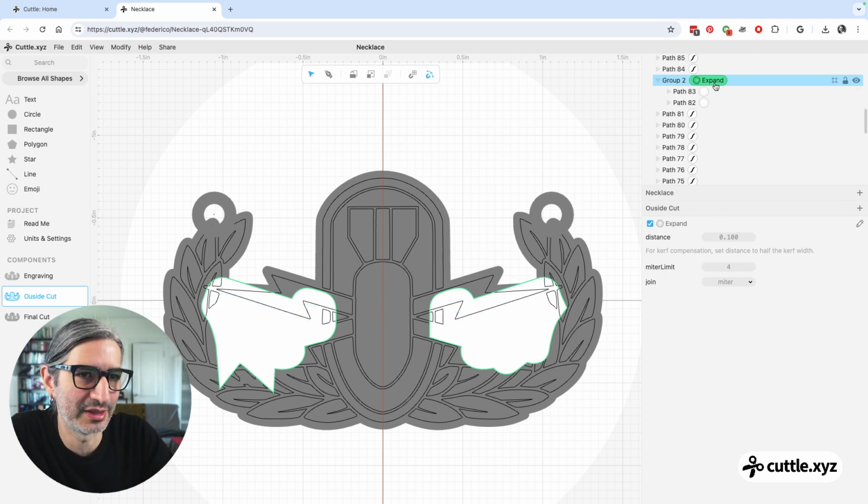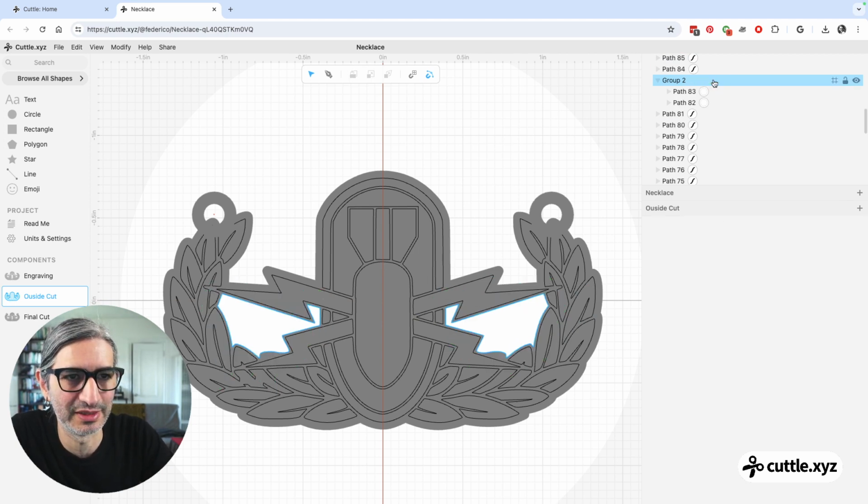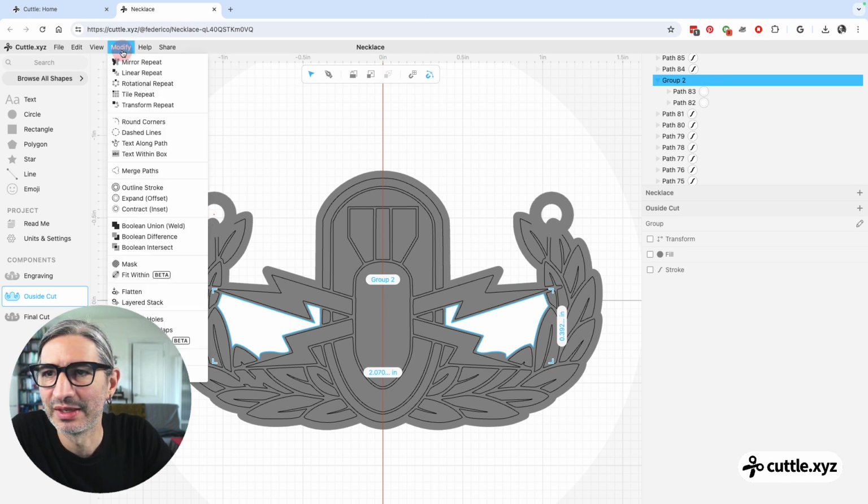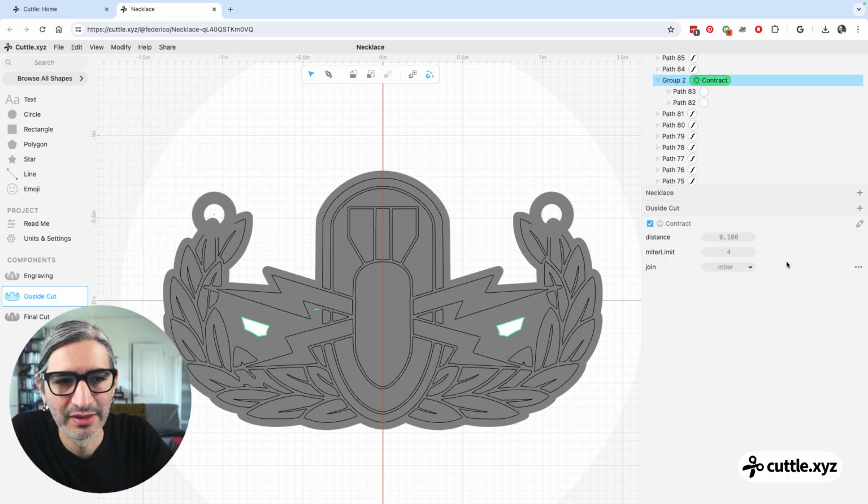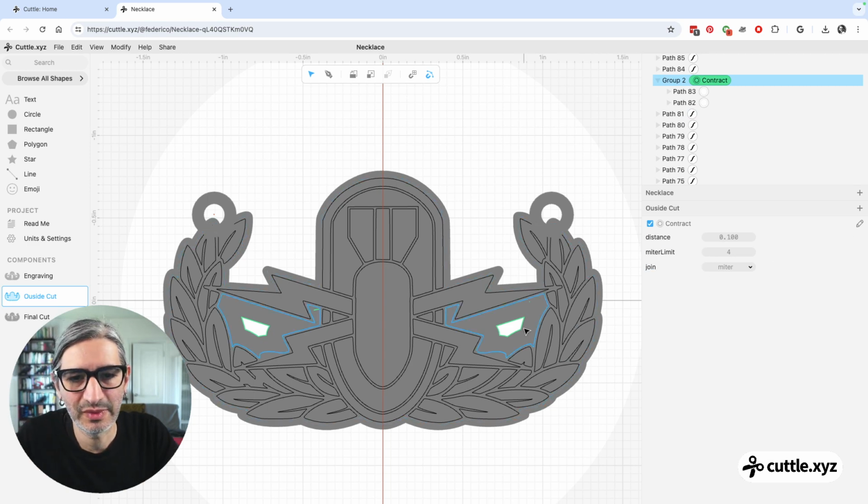So I want to do the opposite. I want to contract it. So I'm going to delete that expand. I'm going to modify it and contract it, or inset it. That was again too much. And so I think I want that to be the same amount. So meaning the outside gets expanded by a certain amount and the inside gets contracted by the same amount. And so there are two different operations, but we can use the same parameter,